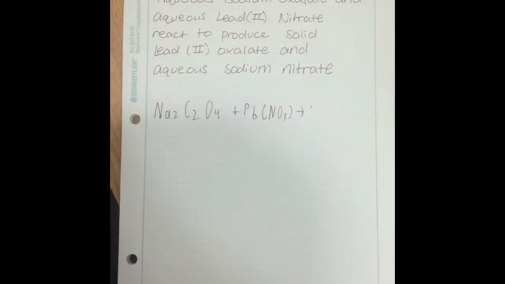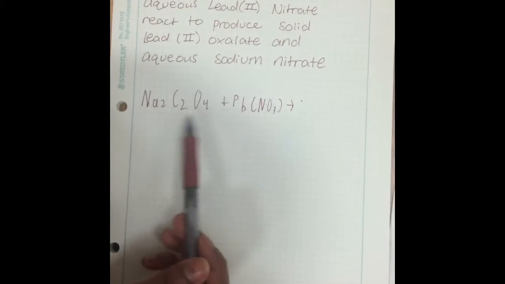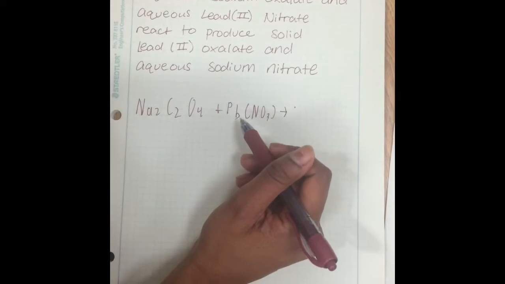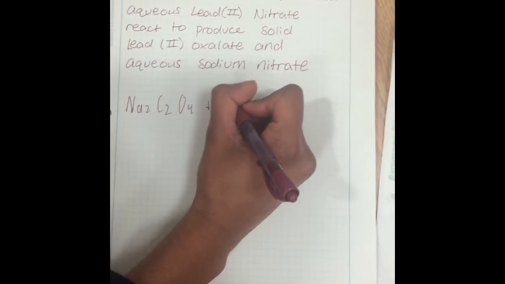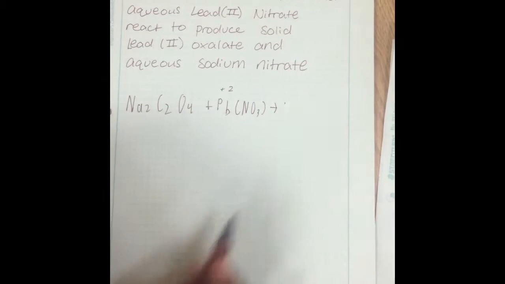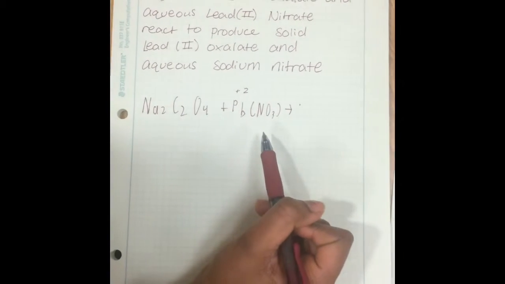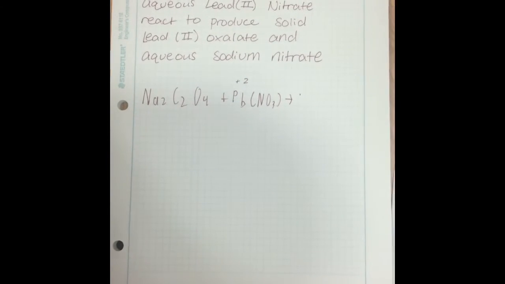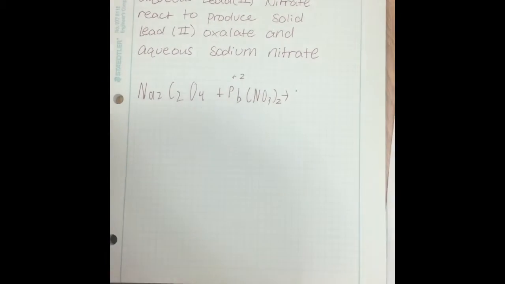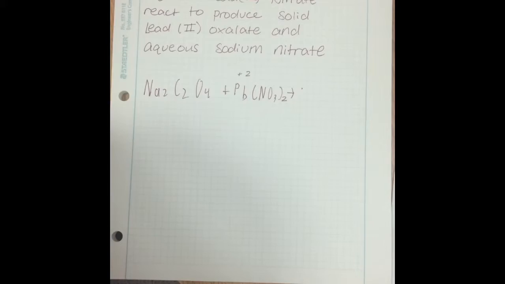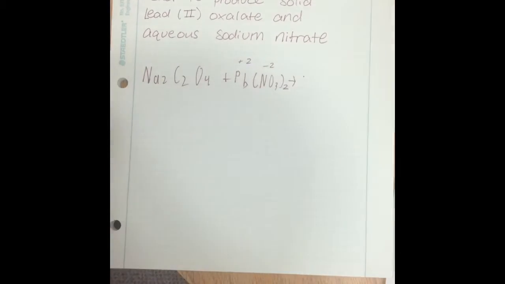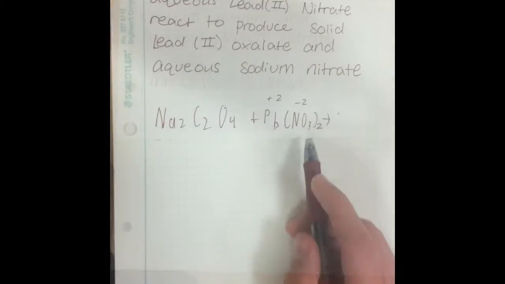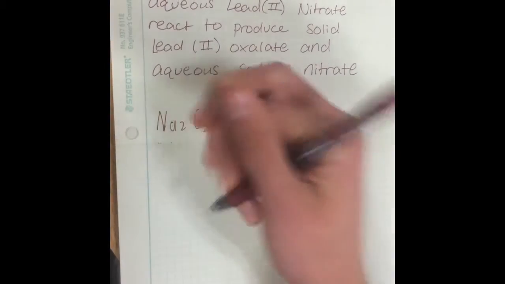So now we have to check and see if the charge is balanced. So this is already a balanced compound that we found, and in the problem, they told us that the charge of lead was 2, so we know that it has a positive 2 charge, and the charge of nitrate, if we look at the chart of polyatomic ions, is actually -1, so we have to put a 2 here so that there are 2 atoms of that, and its charge is a -2, and now all of the charges cancel out. So these two react to form